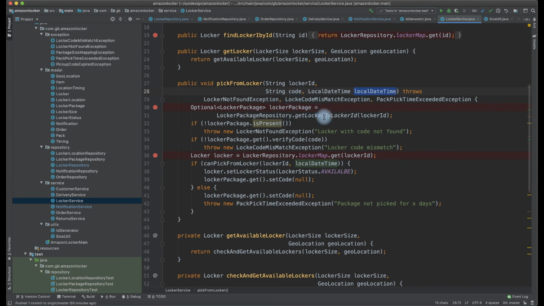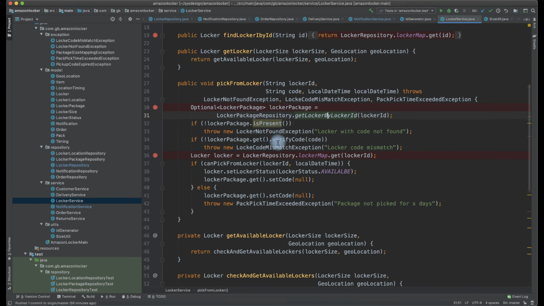So what are we looking into? We are going and looking into get the locker by the locker ID. Why are we fetching it like this? Because somebody may try to give a wrong locker ID, because a customer may have 4 or 5 items to pick up. Instantly, they may choose a different locker ID and use this different code for this. So we are fetching the locker and checking whether the locker is present. If the locker is not present, we are throwing an exception that this locker ID is not the locker ID which you are trying to pick up.